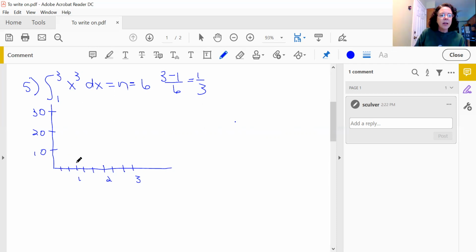So at 1, we have a function value of 1, right? And at 3, we have a function value of 27, right? And we know that goes kind of like that, right? And at the 2, we have an 8 and a 27, right? And then at this function value, this would be 4/3, here. That's a 4/3. This will be 4/3 cubed,